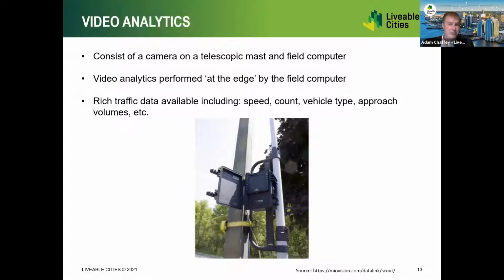Video analytics are also available. This equipment attaches to a pole, similar to this as you see on the screen. It consists of a camera and a data recorder, and the camera captures vehicle information and then processes that at the edge, producing count reports that are then accessible offline or over the web. These pieces of infrastructure are generally deployed at sort of pedestrian height. So they are, again, susceptible to vandalism. They also have battery packs like the other technology.